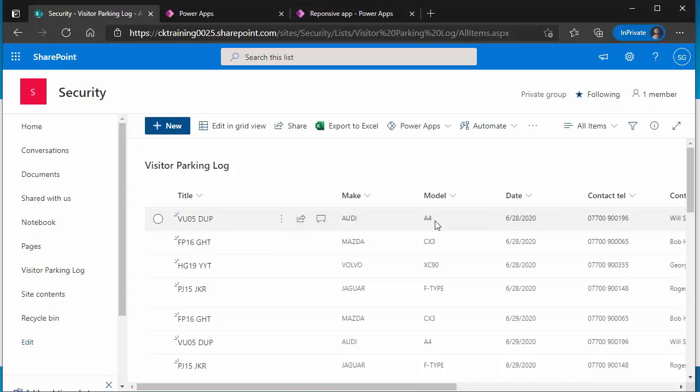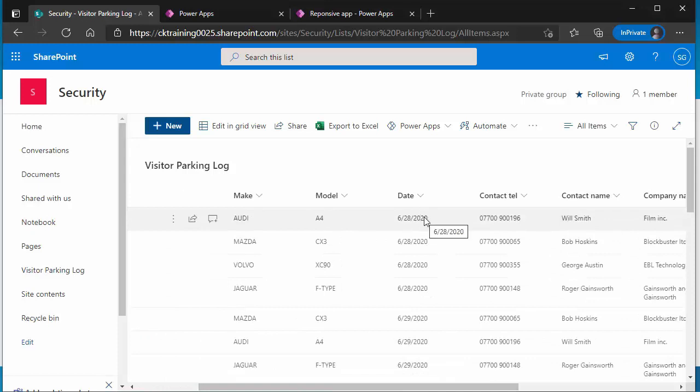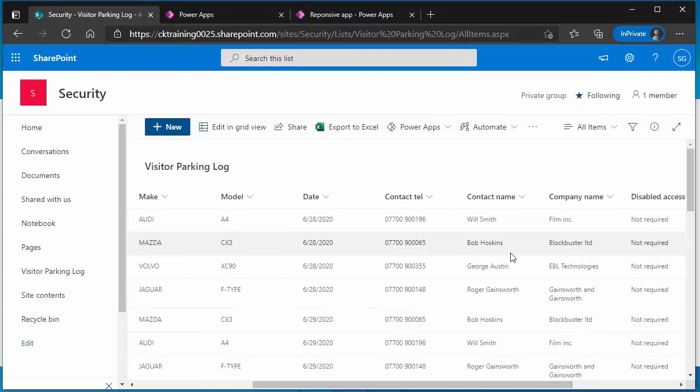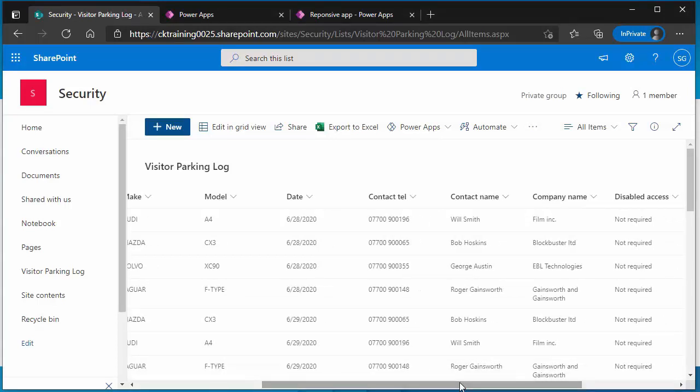the car, the make and the model, just a little bit of background information, the date on which the visitor was going to be there, and then some contact information as well, just in case there were any problems. Now, all of this information is completely made up, so we don't need to worry about phoning any of these telephone numbers. I don't think they work or anything like that,